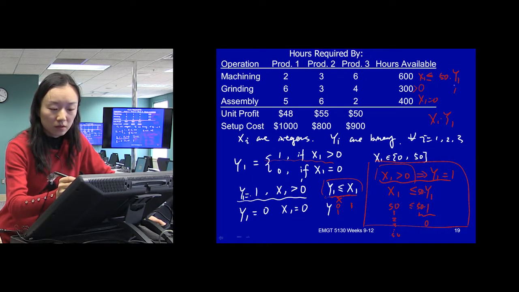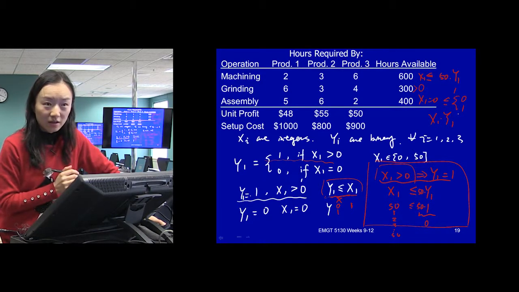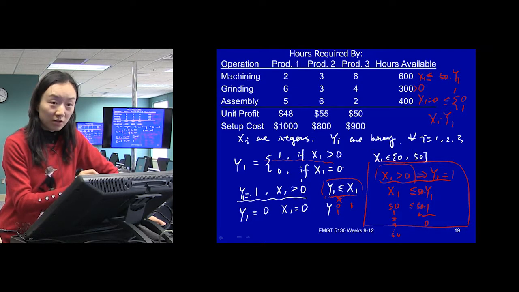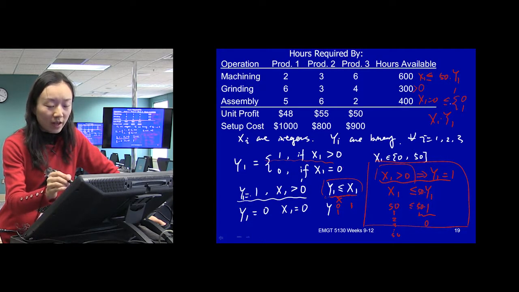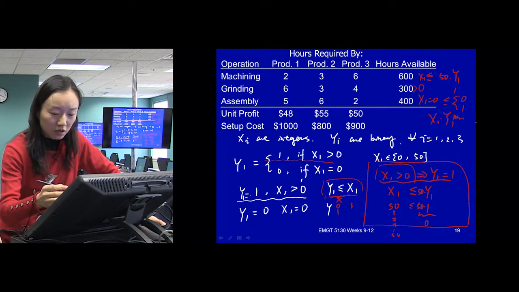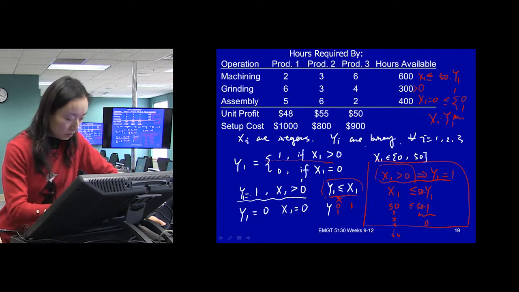Y is forced to be 0? x1 less than or equal to, so a 0 value can be less than or equal to. It can be 0. Y can be 0 or 1, right? Okay, so it seems not working for this one. But we know that with the previous objective function, when y can choose between a value of 0 or 1, it will want to choose 0 only. So together with the objective function, okay, I'm not able to write it.